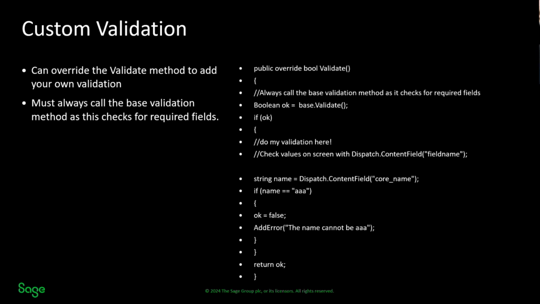Now, in the case of an opportunity screen, it would be oppo_description or oppo_ whatever. So I can read that field. I can evaluate to see whether it is a correct value, and if it's incorrect for any reason, I can set the value of my flag OK to be false, generate an error,